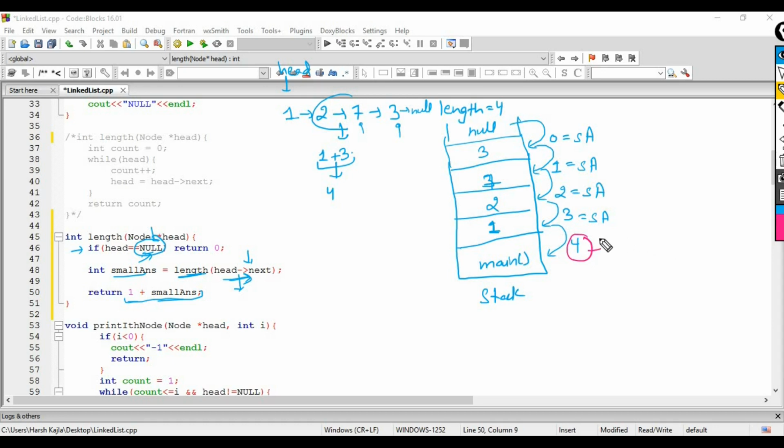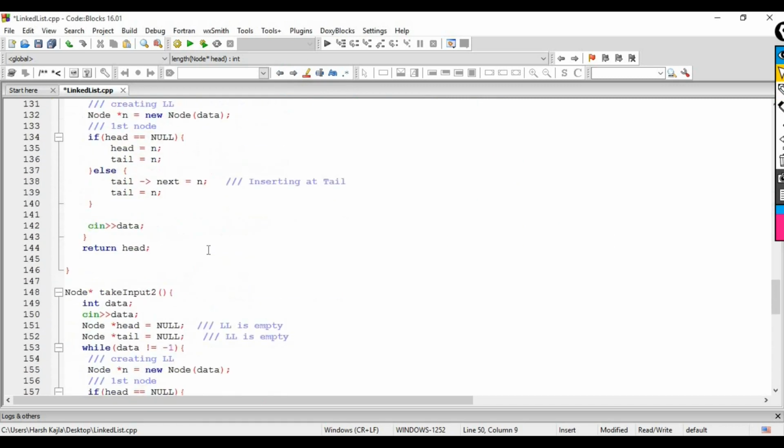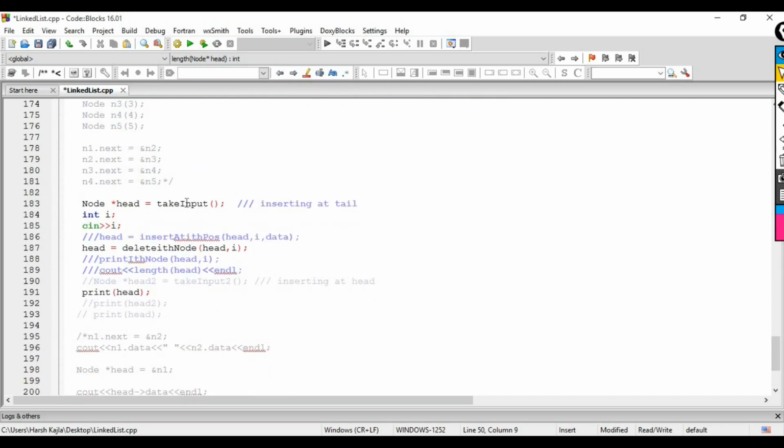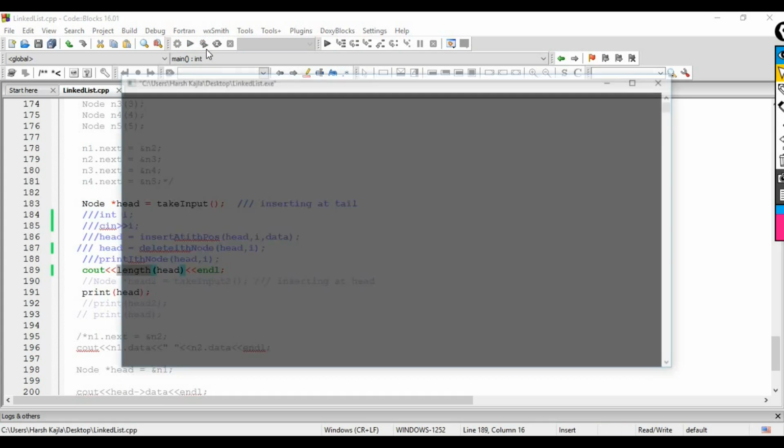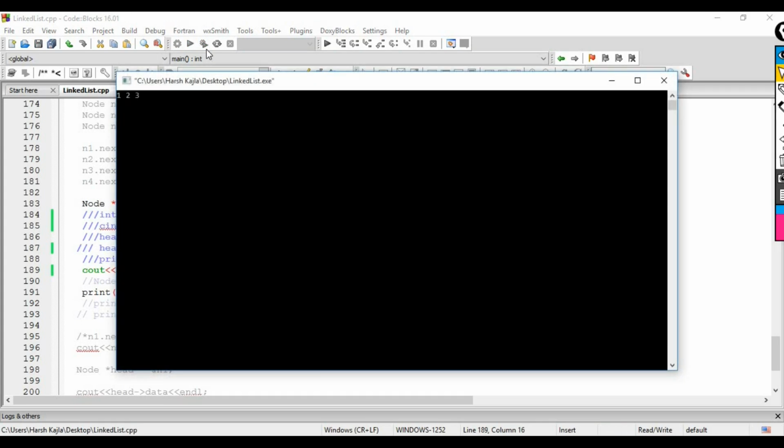Okay, so let us try to test our code. So we are taking input and we don't need this i. Okay, so we will just call the length function. So this is the length function, right? And we do not need to print. Okay, let's say we are printing also, and this is the length function. Okay, so this one is the recursive one. So 1, 2, 3, 8 and 9 minus 1. So my output should be 5, right? So this is the length. So my output is correct.